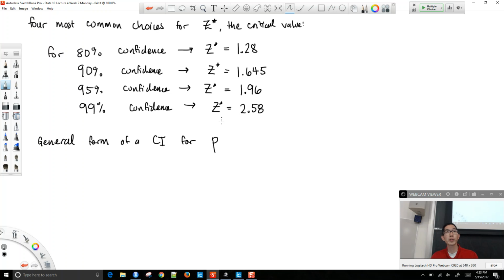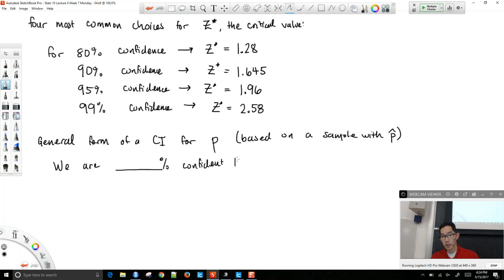For the population proportion P, based on a sample with P hat. Because that's what we're doing, right? We take a sample with P hat and we're creating a confidence interval for P, and we would say something like, we are blank % confident that the population proportion P is between,